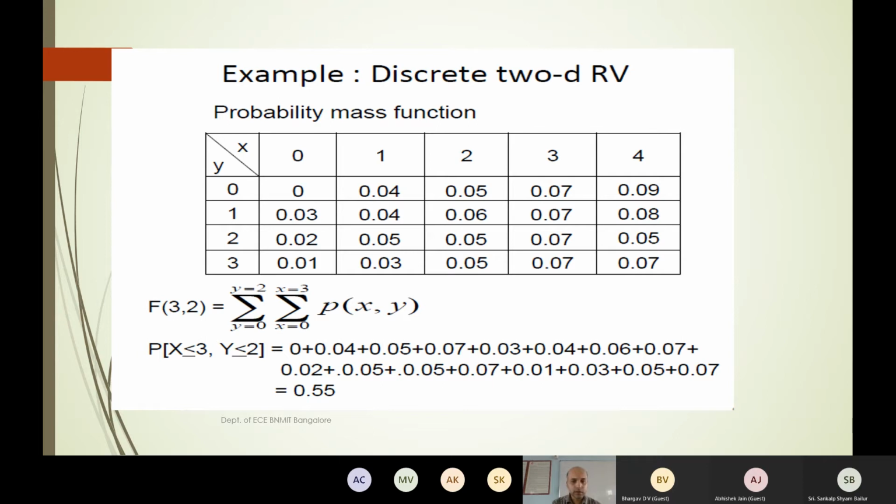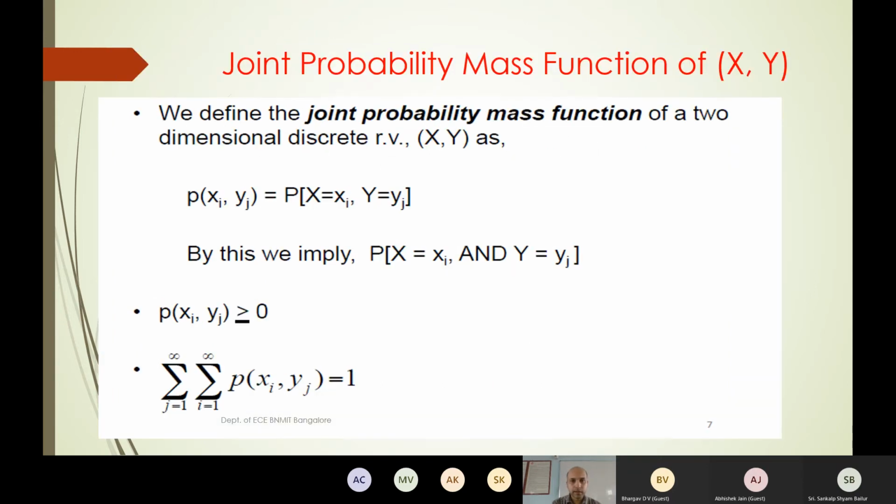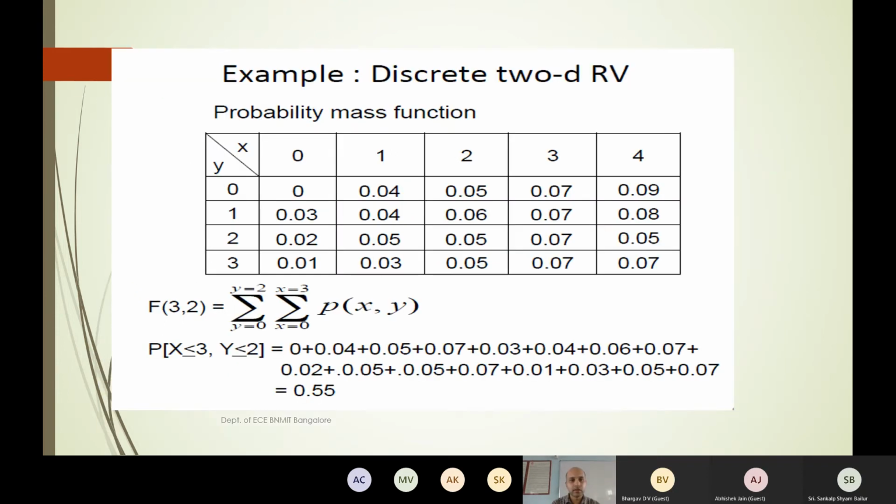Now, this is looking at X equal to x and Y equal to y, right? The exact probability that this has happened. Now just look at this particular case where we are looking at X less than or equal to 3 and Y less than or equal to 2. The probability of occurrence of these phenomena simultaneously. Again, you have to look at it simultaneously. So how do I go back and look at it here?